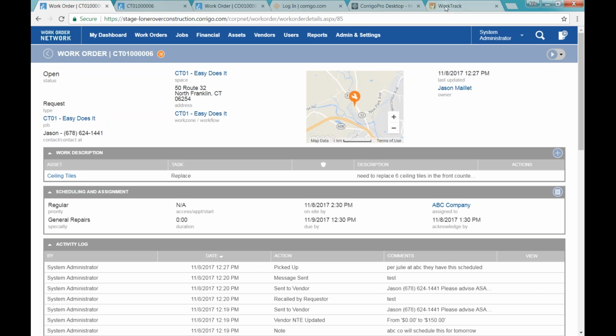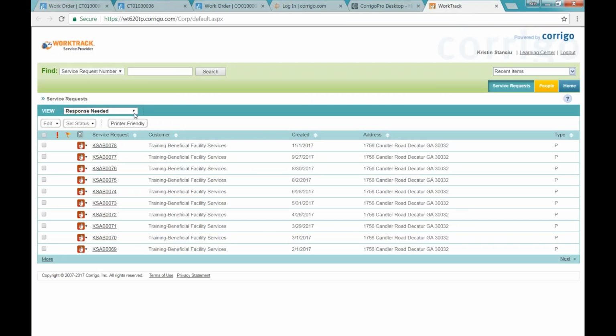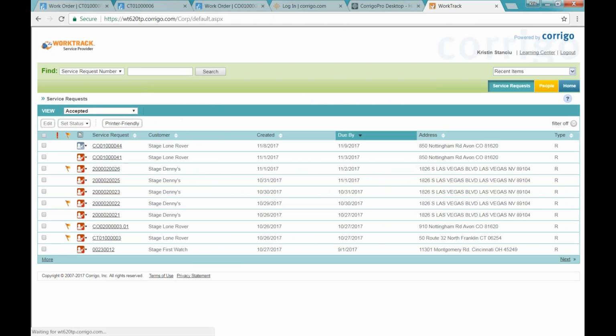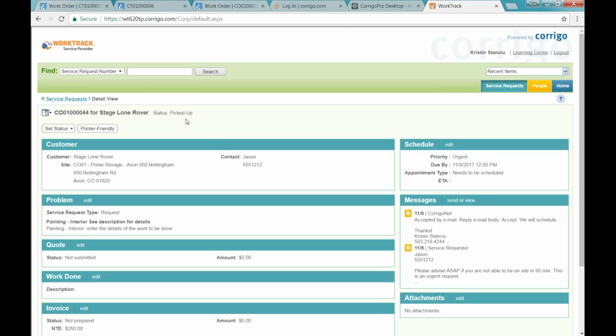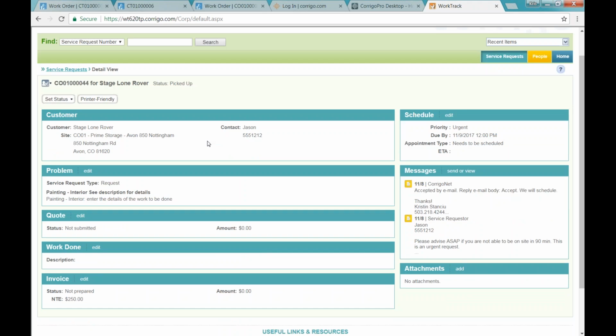So then for your connected vendor, I'm just going to flip over to the vendor system so we can look at this work order. So the vendor has picked it up. If they go out on site,